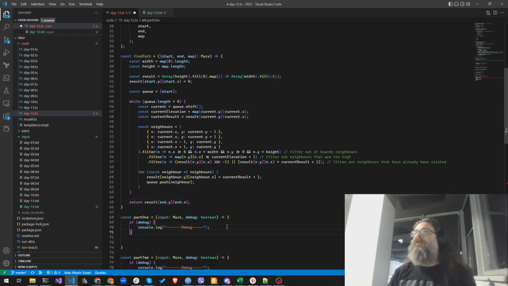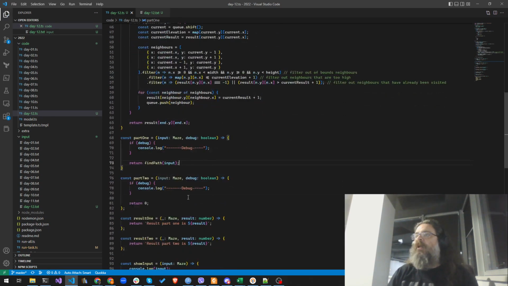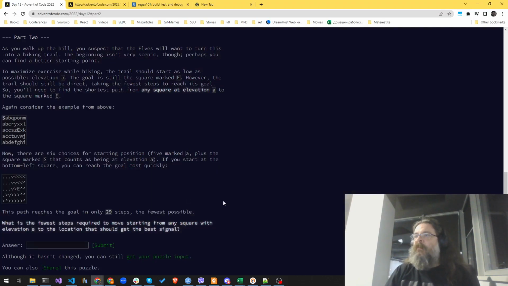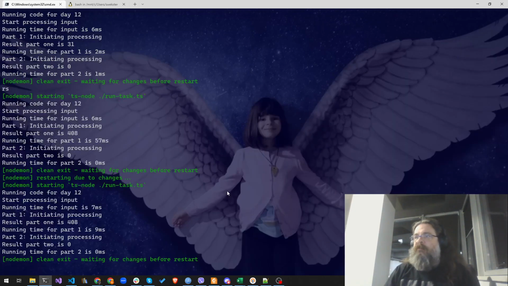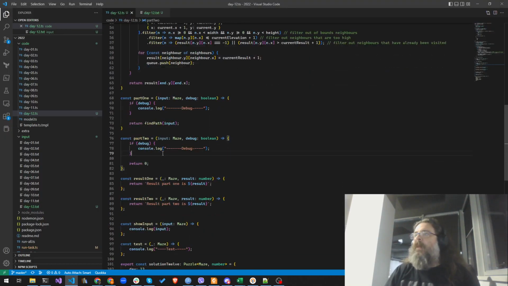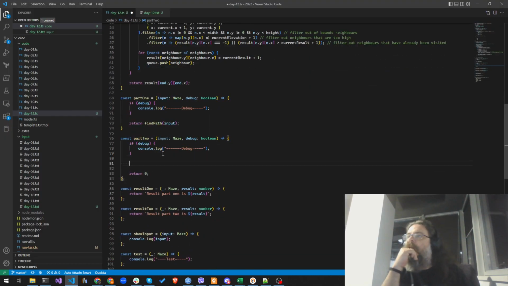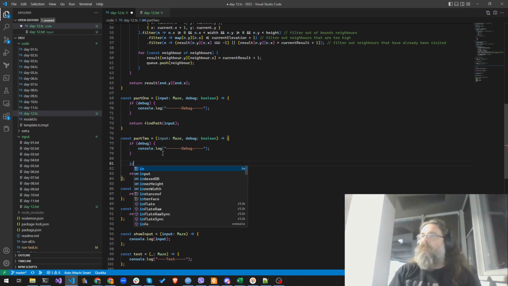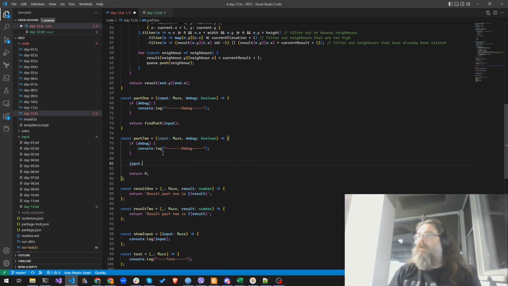So in this case, I'm gonna say find path of input, then return that. So part 1 is simple. But for part 2, let's see if this still returns 408. Yep, 408. But for part 2, I will just say from the input, from the map of the input,